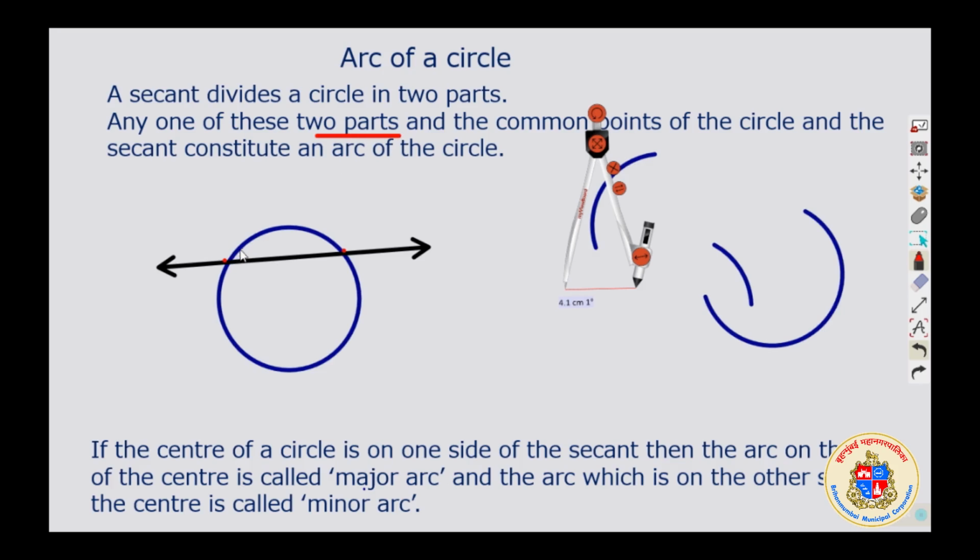And there is a set of points here which is making a part. This is a set of points which is making the bigger part of a circle. Each part is an arc. And these all together make the arc. All the points in this part of the circle and all the points in this part. And we know that the center of the circle is somewhat here, on one side of the secant. Which side of that secant the center of circle is, that side makes the major arc. There is no center of circle in the other part, which is minor.